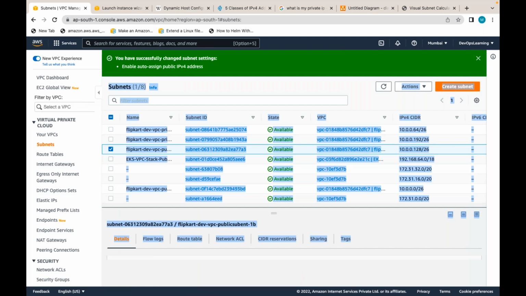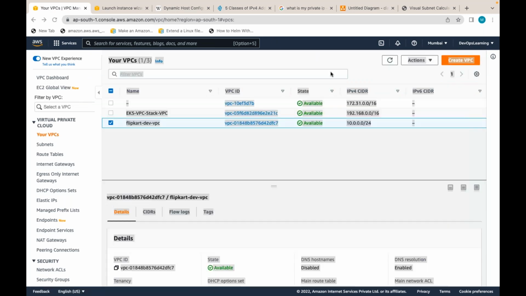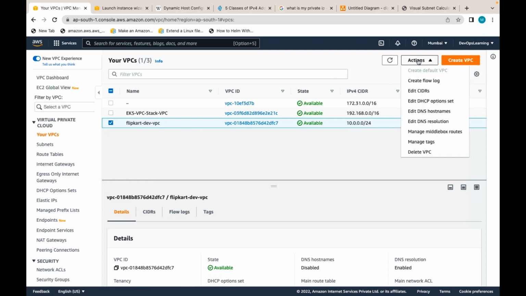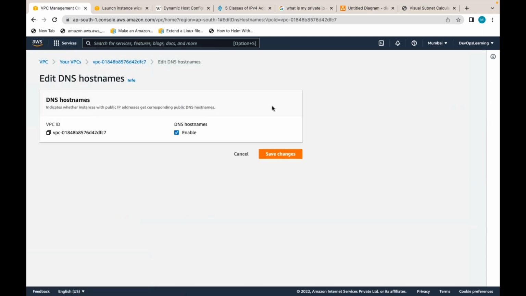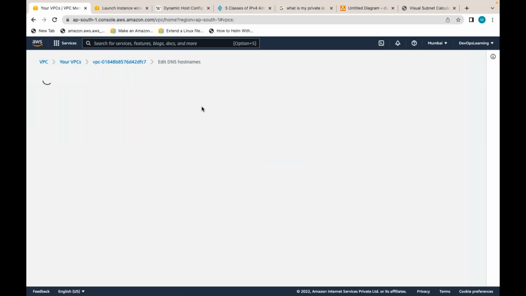If you want to get DNS names for the servers in that VPC, go to that VPC, select that VPC. Here, edit this DNS host names. Click on this edit DNS host names. Let me click on this enable. So the moment I select this DNS host names enable, if I create servers,